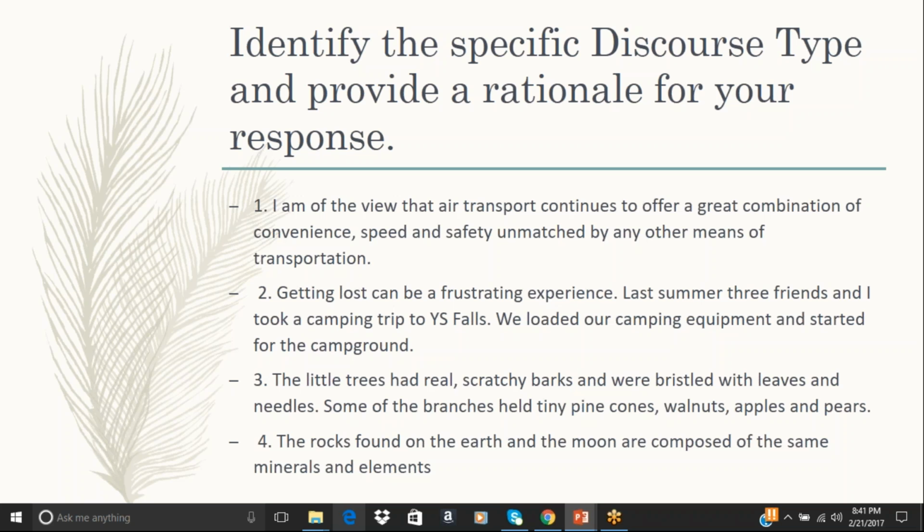Expository. Yes. Number 3, descriptive. All right. Number 2 is narrative. All right. Why is it narrative, Dominic? It is narrative because